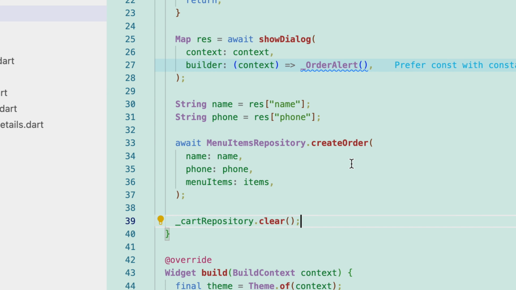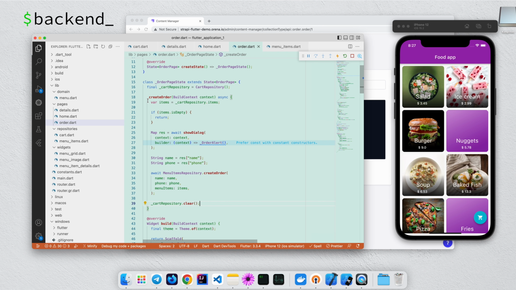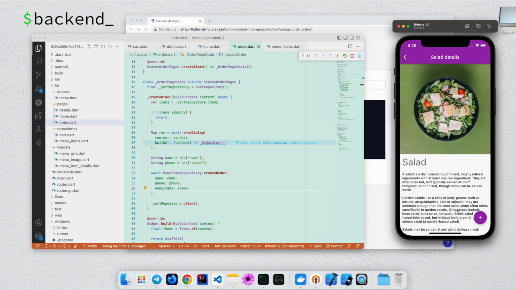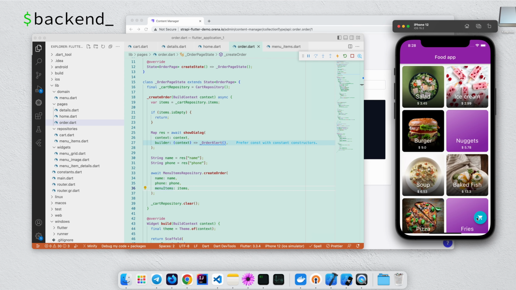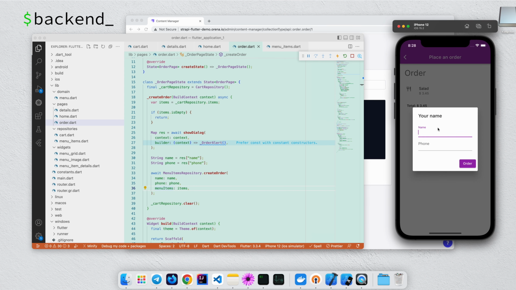Let's take a look at what we have so far. When the order is placed, we will check that the items is not empty. We will show a dialog asking the user for their name and phone. We will get their name and phone, and we will send it to our server. Let me add a salad to my cart, then go to cart, order. My name is going to be name, and my phone is going to be +000. Click on order,